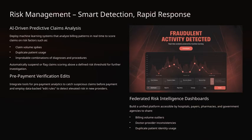Now, let's look at how we can leverage smart detection and rapid response to manage risks more effectively. One key area is AI-driven predictive claims analysis. By deploying machine learning systems that analyze billing patterns in real time, we can identify potential red flags, such as sudden spikes in claim volume, duplicate patient usage, or unusual combinations of diagnoses and procedures. These insights allow us to automatically suspend or flag claims that exceed a certain risk threshold, so they can be